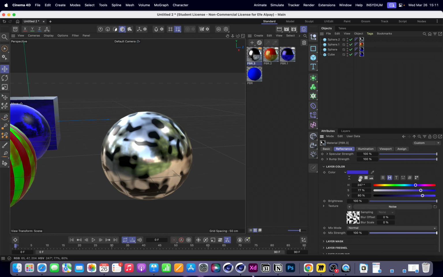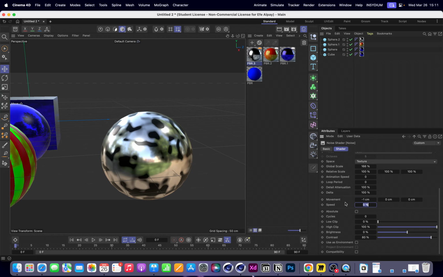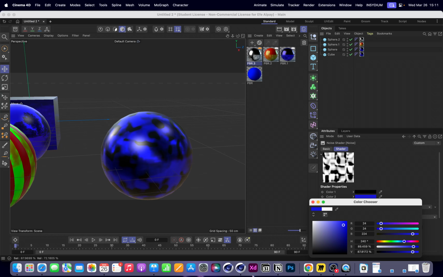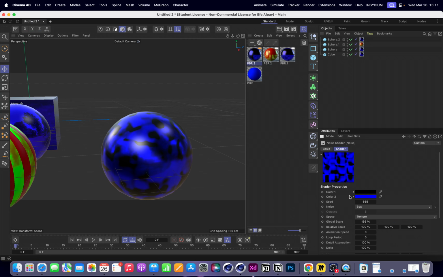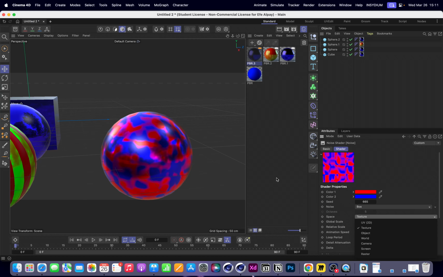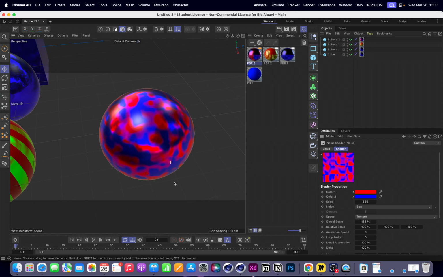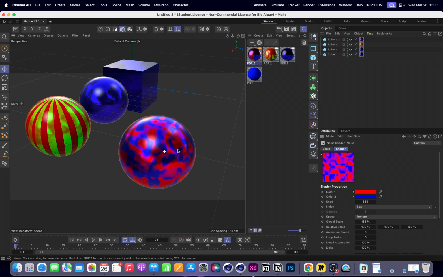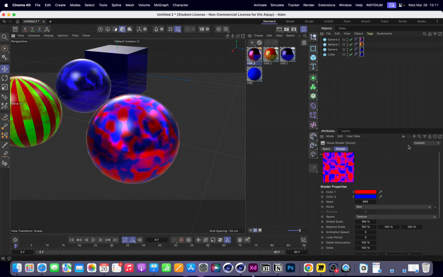You mix this color with this texture by using this slider here, or you can go to the noise and change the color. For example, I want this white part to be blue and the black part to be red. And you can see how it behaves, right? Okay, so reflections work like this,